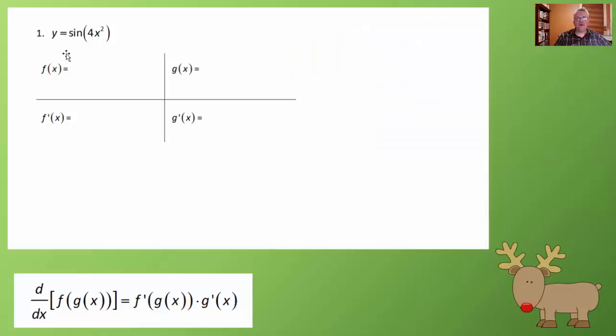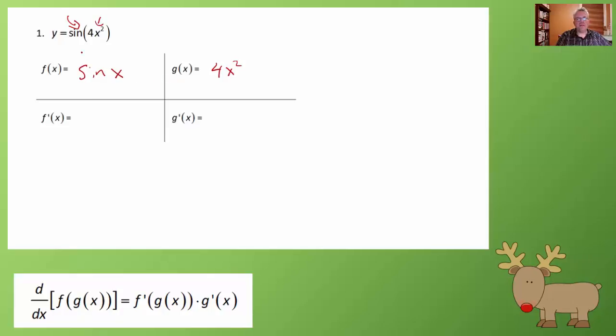The first one we're going to consider is y equals sine of 4x squared. So the chain rule is for a composition of functions. We have the function 4x squared being substituted into the sine of x function. So when we do the chain rule, f represents the outer function. This is the outer function. So f is sine of x,